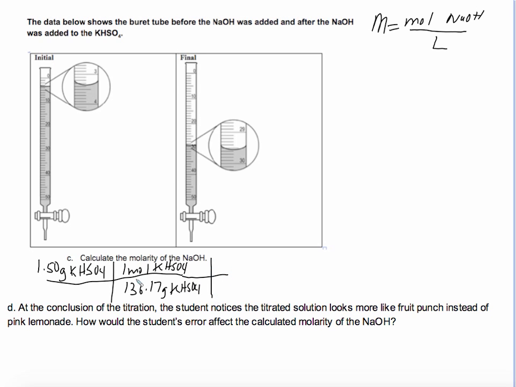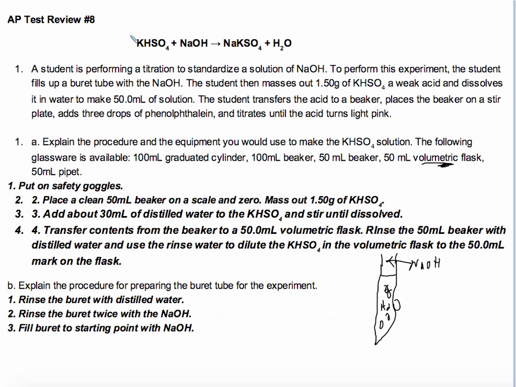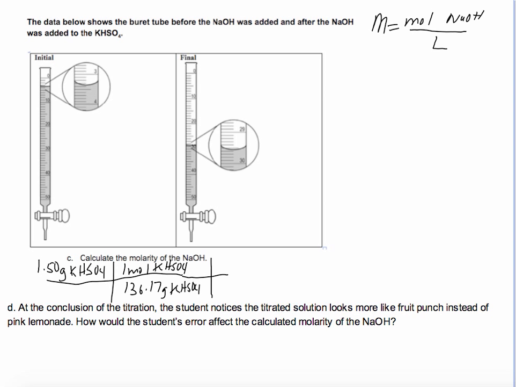Okay, now we need moles of NaOH, but this is KHSO4. Well, we can get that from the balanced equation. For every 1 mole of this that reacts, you're going to need 1 mole of NaOH. That's what the balanced equation says. So for every 1 mole of potassium hydrogen sulfate that reacts, you're going to need 1 mole of NaOH to neutralize that. All right, and so you do the math there, and we get